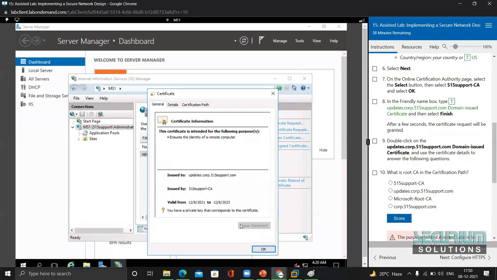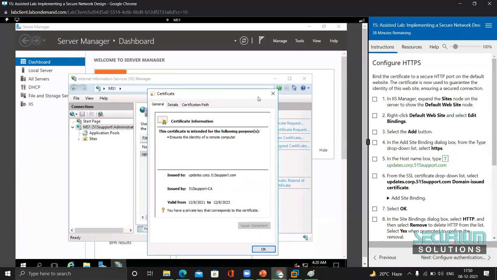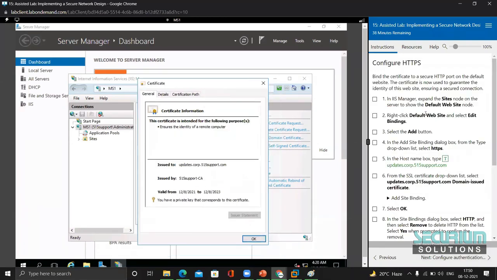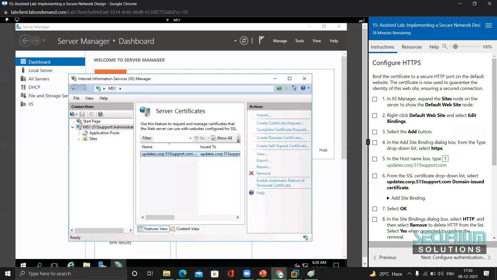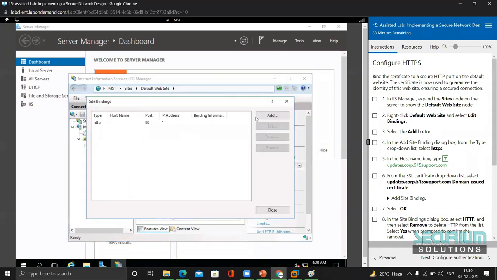So we've created our own certificate. Yesterday it was not working for the domain certificate, so we created a self-signed one, but today it worked well. So we're going to configure it. We have a site running, the default website. Click on edit bindings. Got it. We will add,